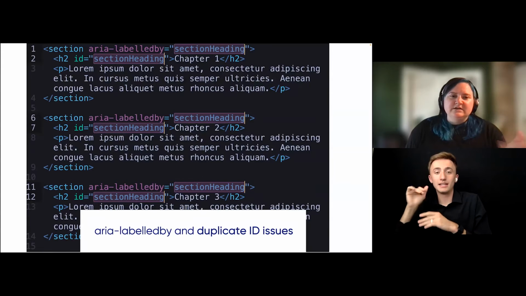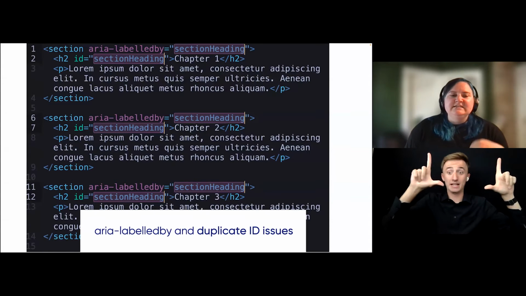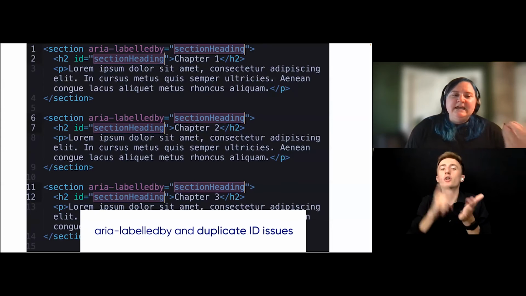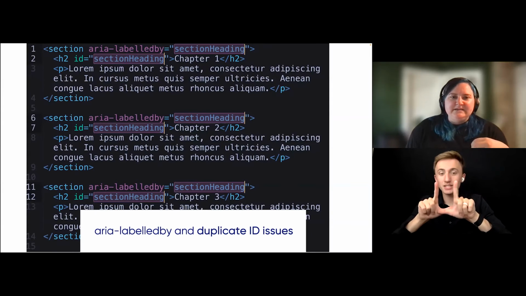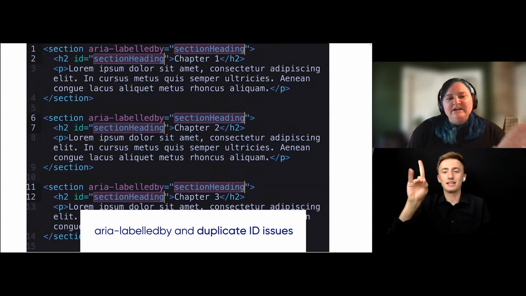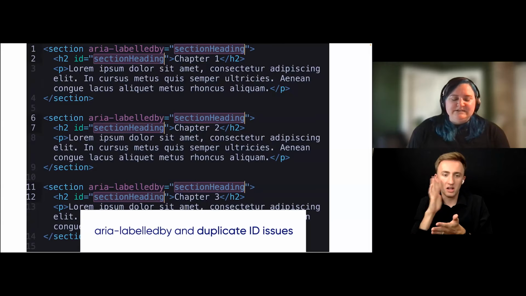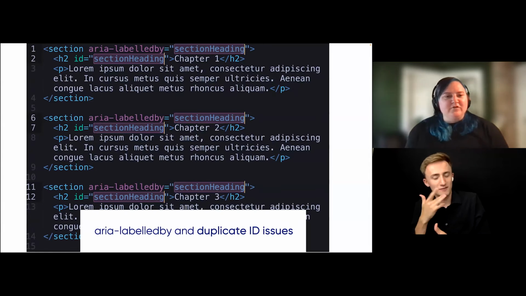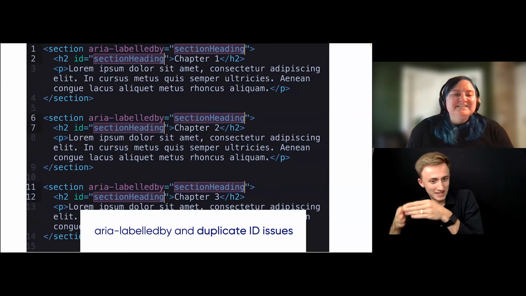So yes, we are associating it with an existing ID that's in the document. However, you will notice each section and heading inside of each section has the same ID. So this would fail. And I'm going to get to that. We're going to dig into that when we talk about the accessibility tree, which is my favorite part, and I need to make sure I have time for it. So this is a problem.